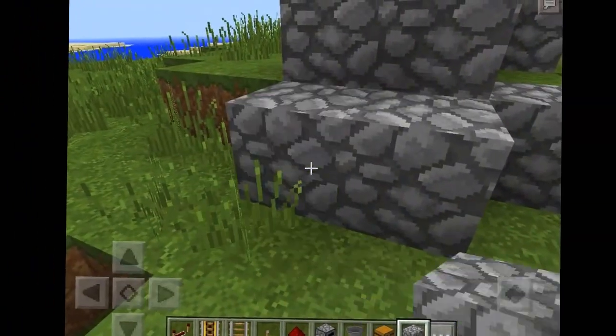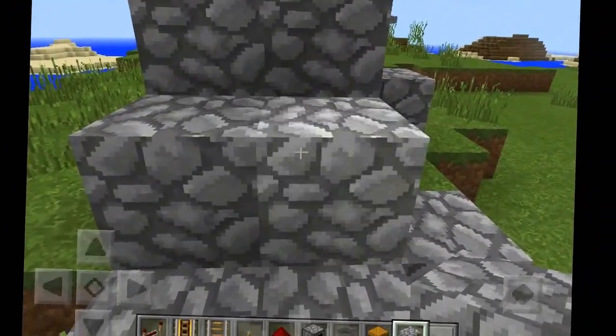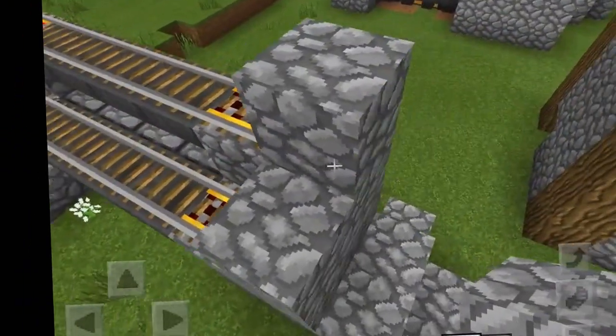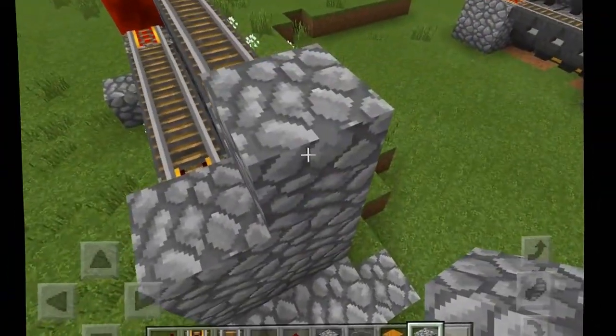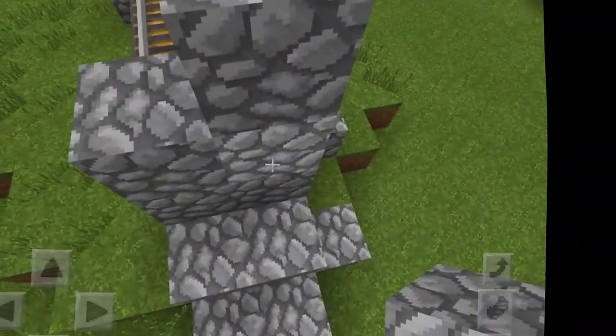Now, like I said, this isn't the most compact, but it does get the job done very well. So now let me see. You want to have redstone dust going into, is it that block? Let's see. What will power this block right here underneath? I think it's